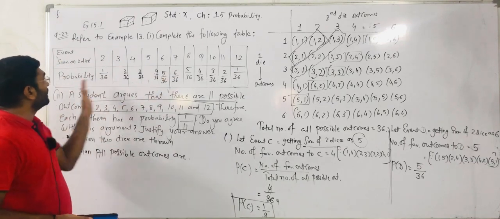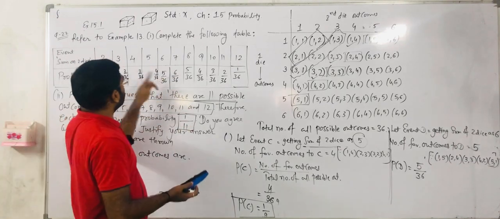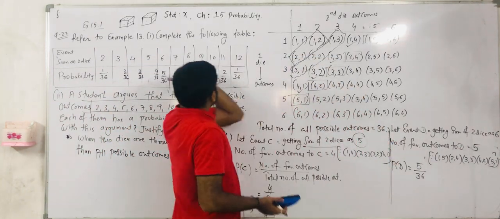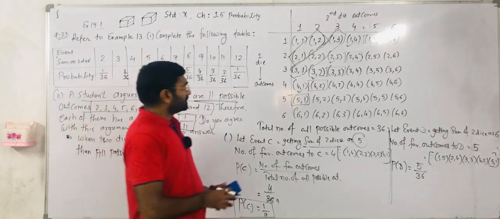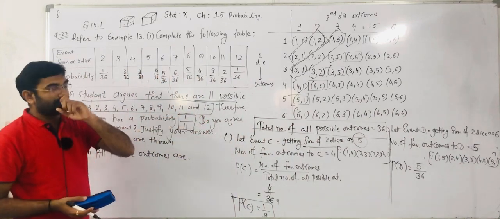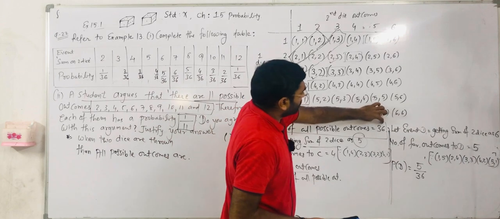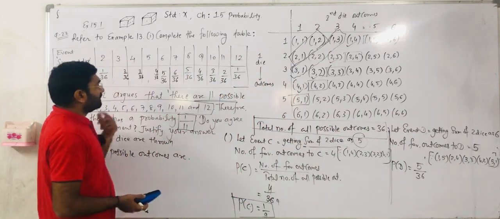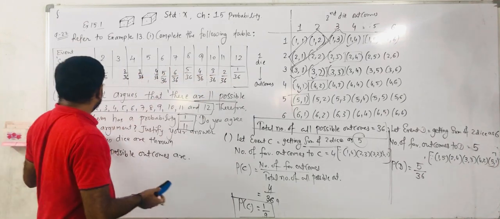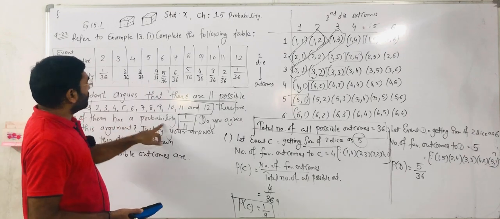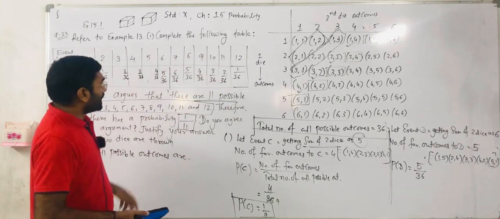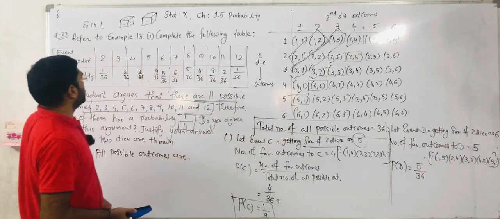So from the probability, we can say we are not getting 1 by 11 for each of the outcomes. Why are we not getting each of the probability as 1 by 11? Because the total number of possible outcomes is 36, not 11. Whenever 2 dice are thrown, you get 36. That's why we are not getting 1 by 11 as each of the probability. They said each of them has a probability 1 by 11, but from the table we can observe each of the probability is not 1 by 11. Why? Because the total number of all possible outcomes is 36.